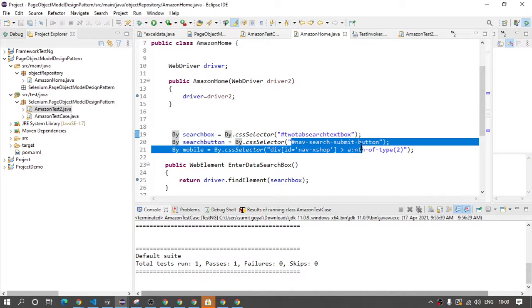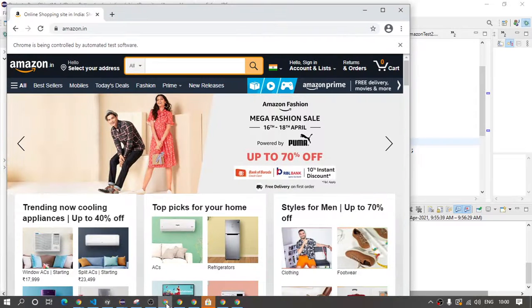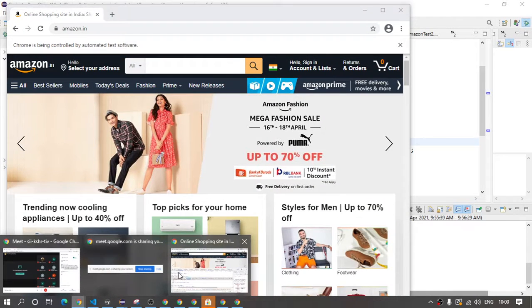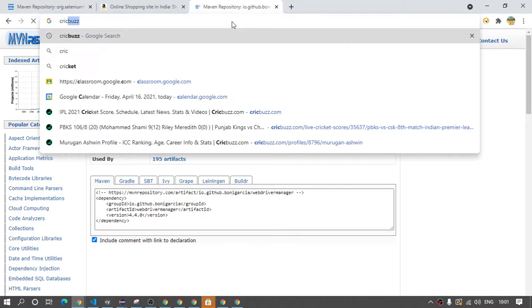Similarly for others as well. So let us create one more. Like suppose I'm working on Flipkart, so there is one more website which is